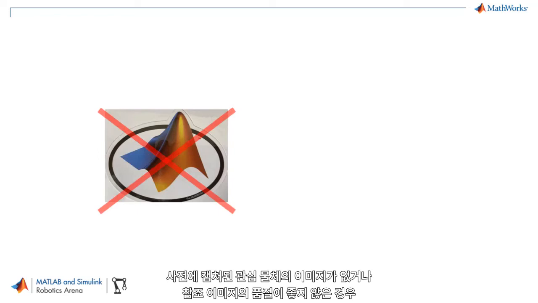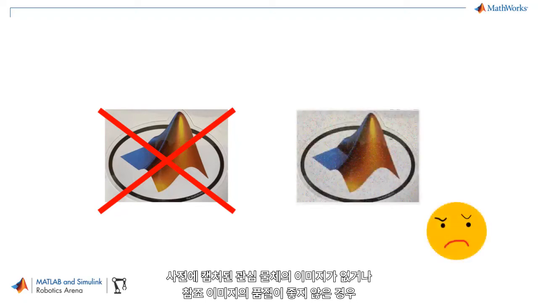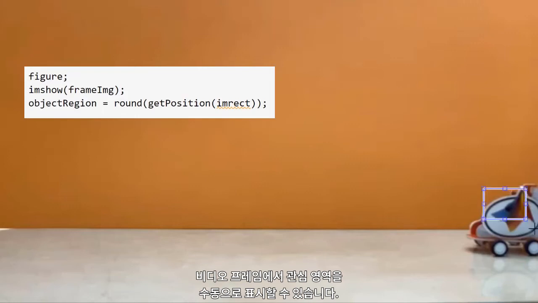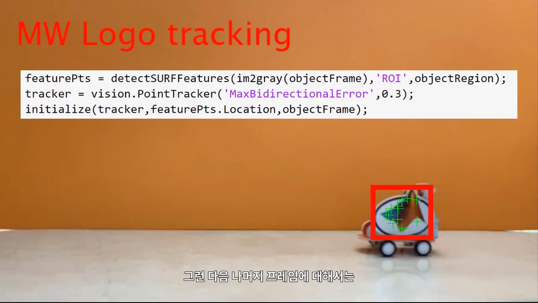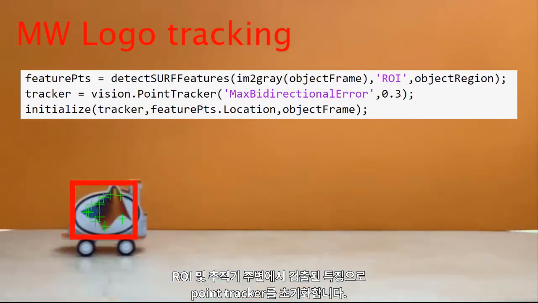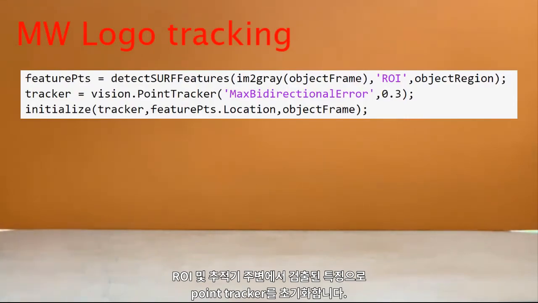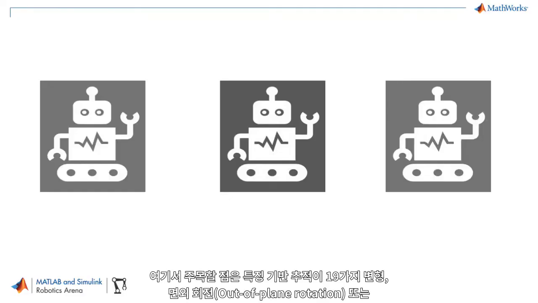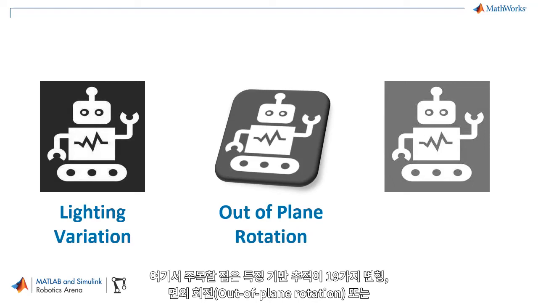In case you do not have a pre-captured image of the object of interest, or the reference image does not have a good quality, you can mark the region of interest manually in a video frame. You then initialize the point tracker with the features detected in the ROI and run the tracker for the rest of the frames. A few points to note here are that feature-based tracking is sensitive towards lighting variation,